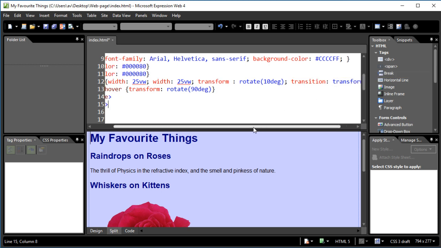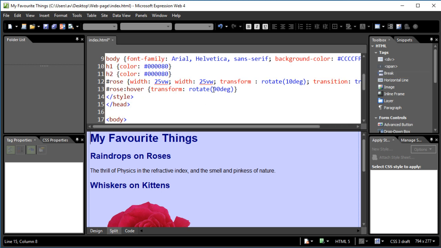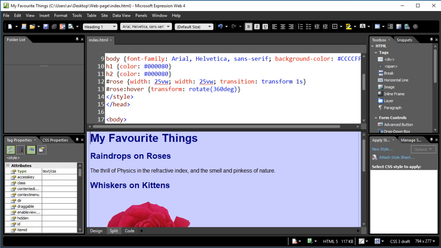So now what I'm going to do is actually I'm going to go for 370. In fact, just to make it simpler, I'll go for 360 and I'll not rotate it to begin with, so I'll just remove the original transform. There we go. Now you might say, well, okay, if I rotate through 360 degrees, it's back in the original position. However, because I've said to take a second to do that,